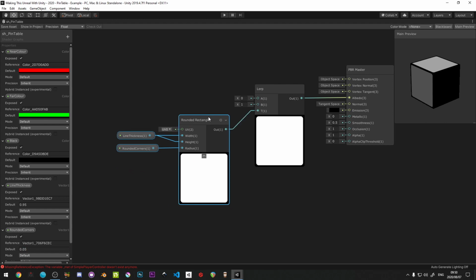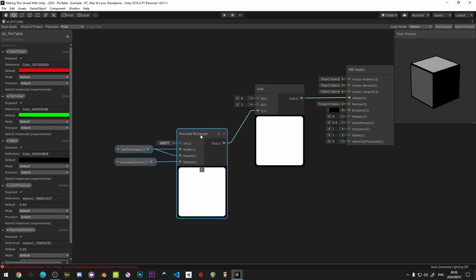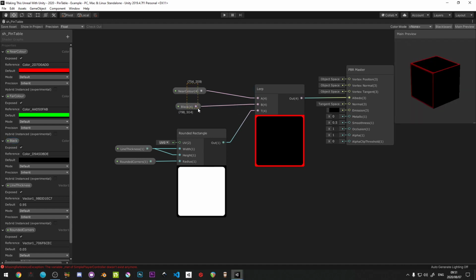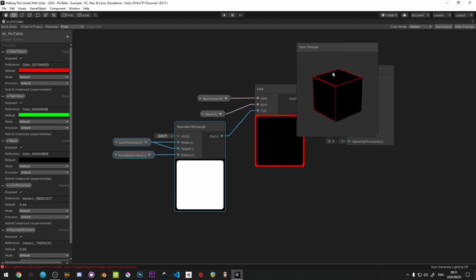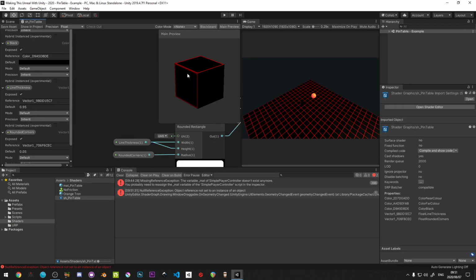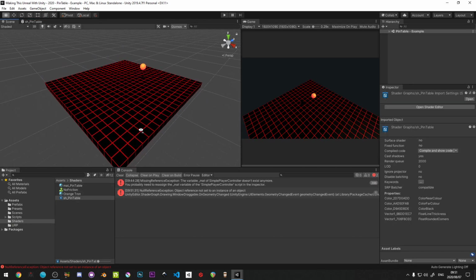Okay, so now that we have this, we have the alpha, and we can combine two colors together. So what are the colors that we're combining? We're going to be combining the, let's say, the near color. Let's try that again. And the black. And when we go into the, trying to make this nice and neat, notice how in the cube here, if the cube would update, which it doesn't want to, and we go back into the engine,